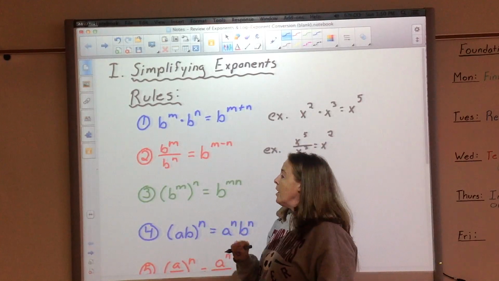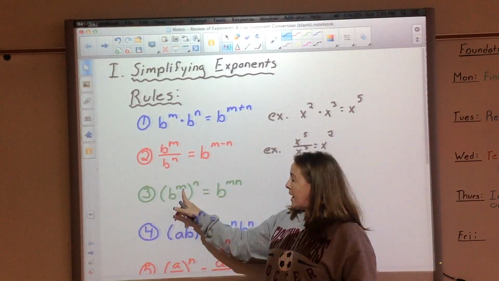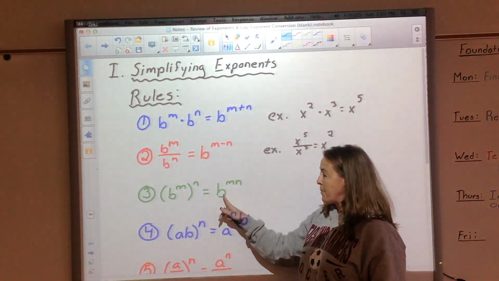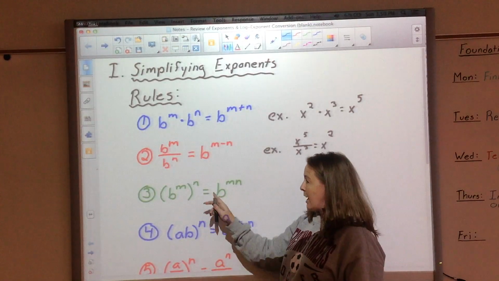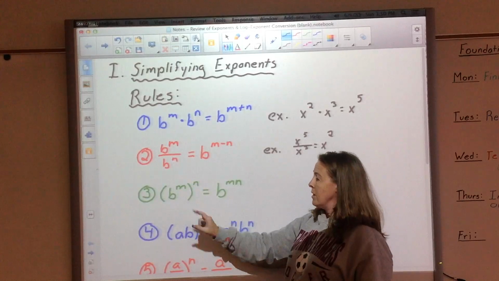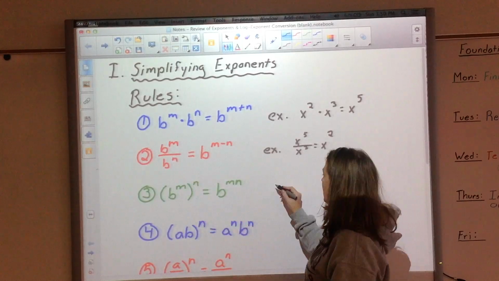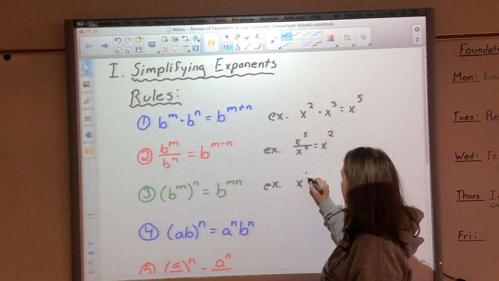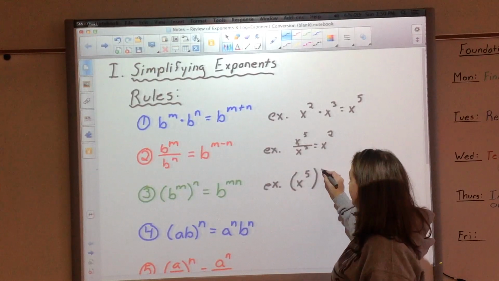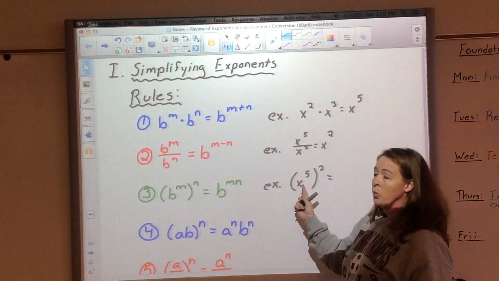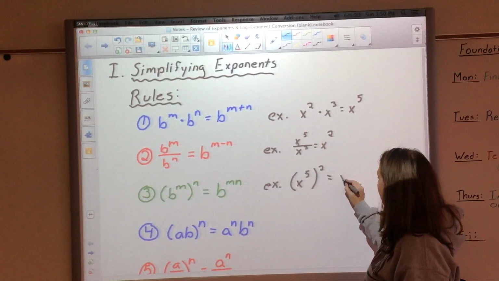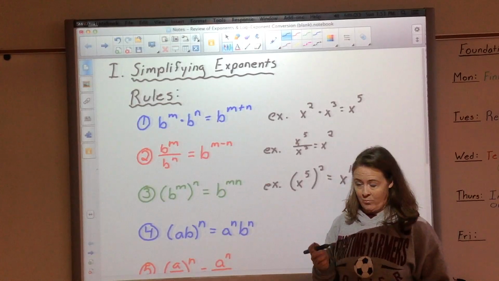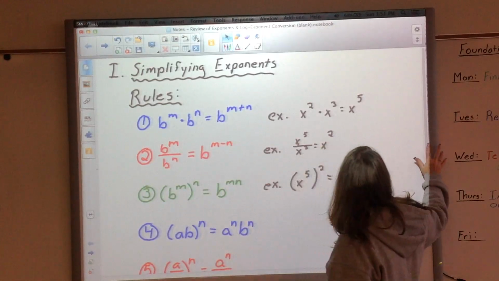Third rule, we have one base with an exponent, and then that's raised to another exponent, so we keep the base the same, and this time we're going to multiply our exponents, so m times n. So let's say that we have x to the fifth power raised to the second power. We keep our base as x, and then we have 5 times 2 is 10. Okay? Let's move on